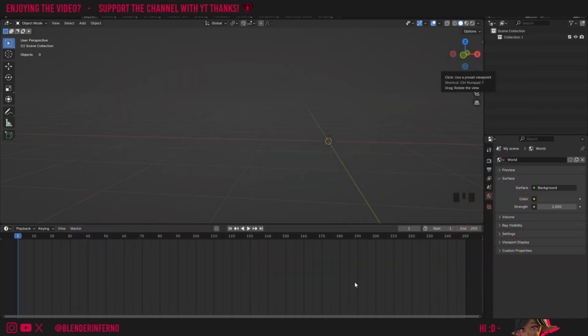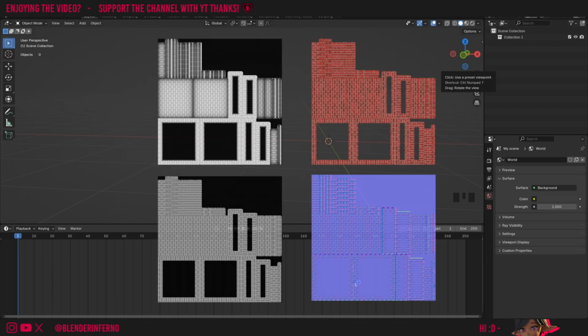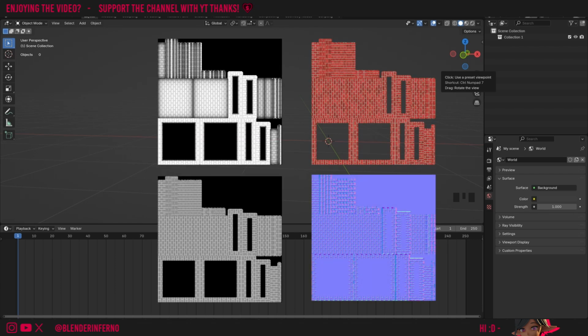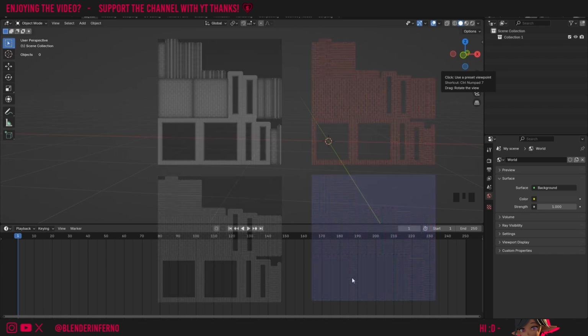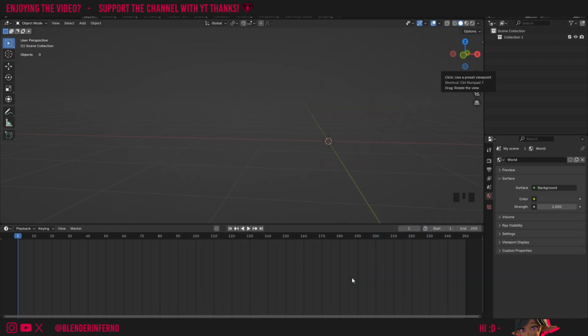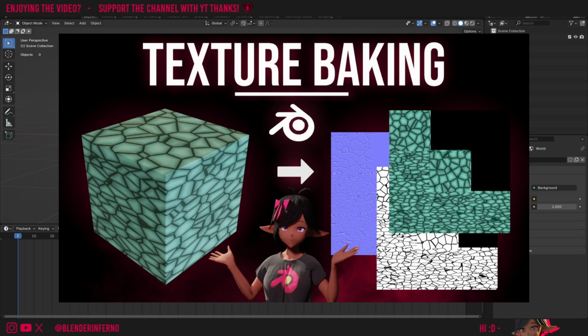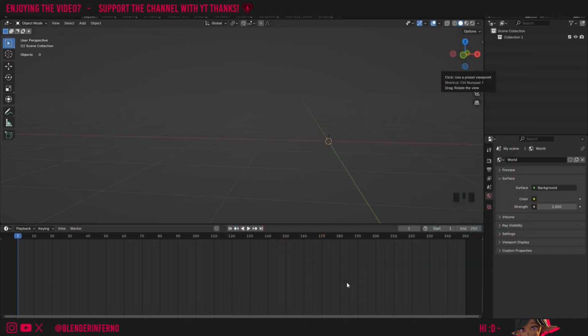It also gives you a good bit of knowledge on different types of texture maps, which we'll be covering a little bit in this course, as we'll be baking our shader nodes into some texture maps. Once you've got some decent texturing and shader node knowledge, you should be good to go. But you can also follow my old Texture Baking for Beginners course if you want to give yourself a little head start on what we will be covering in this course. Links to both of these are in the description,